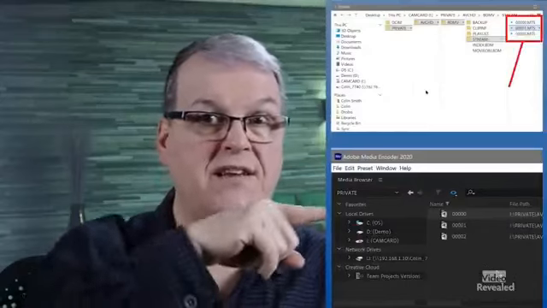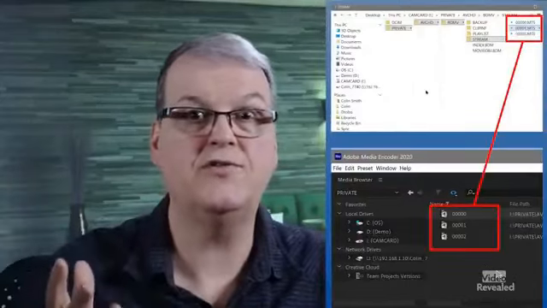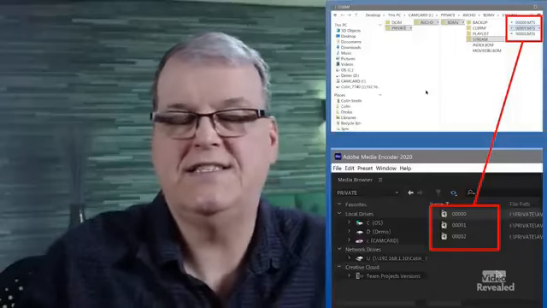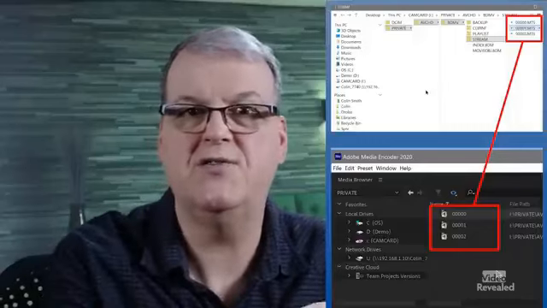And don't use file import. That's also bad. Instead, use the media browser. Media browser is very intelligent. Remember I showed you the media encoder where it peeked into all of those folders and all you saw was the video files? It just said, don't even pay attention to those. Guess what the media browser does? The same thing. So if you are looking at your card that you've copied and you look at that AVCHD